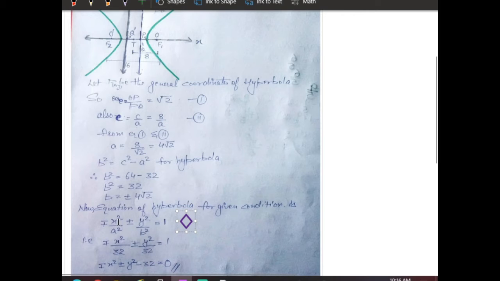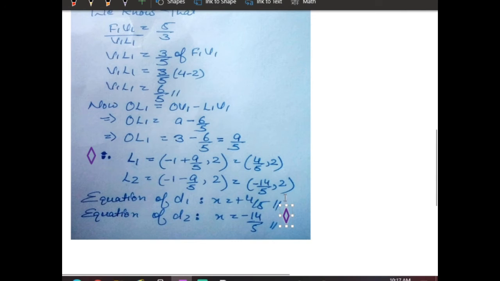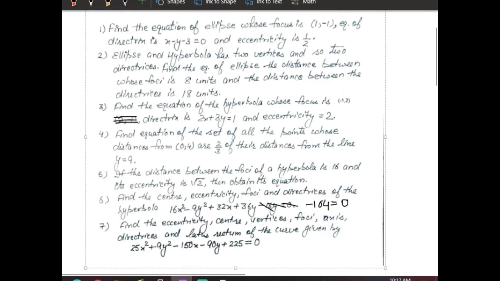There are many more, means you can write x minus h just like I did in the, I suppose, second question. I've written 4 and many more. So here also many more, but at least you must list these two. Okay, and with the center also you may write x minus h and all. Okay, so there are many possible. Keep on noticing, at primary stage we must develop this visual. Now your sixth question. First let's have a look. Find the center, eccentricity, foci and directrices of this.